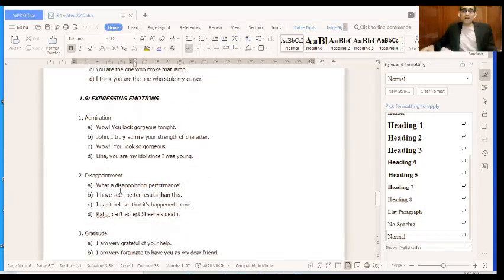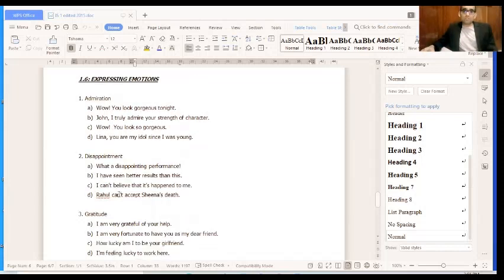Okay, let's move on to the last subtitle, which is expressing emotions. So the example of function word is admiration. So you admire someone. So how will you use the sentences or statements to talk to people? Such as wow, you look gorgeous tonight. John, I truly admire your strength of character. Wow, you look so gorgeous. Lena, you are my idol since I was young. So these are the examples for function word